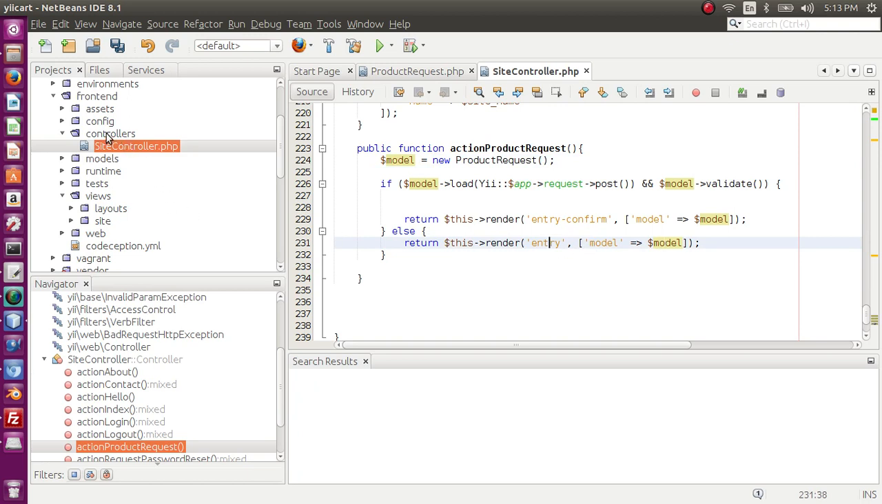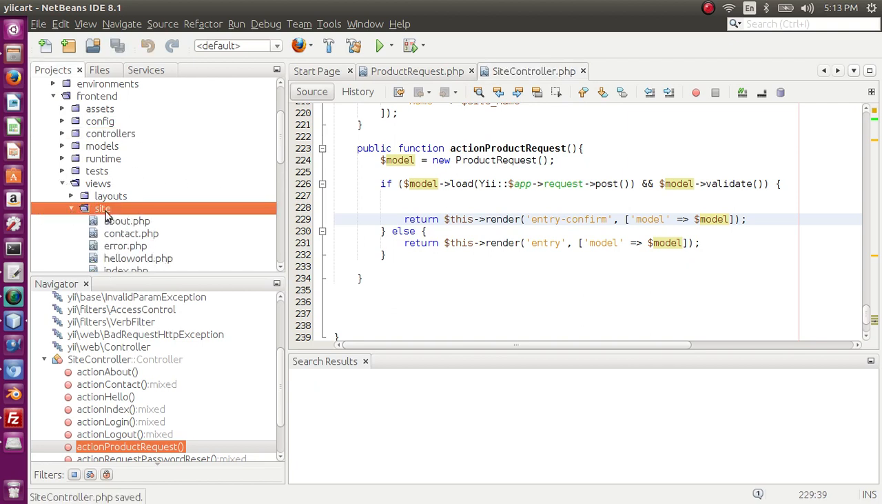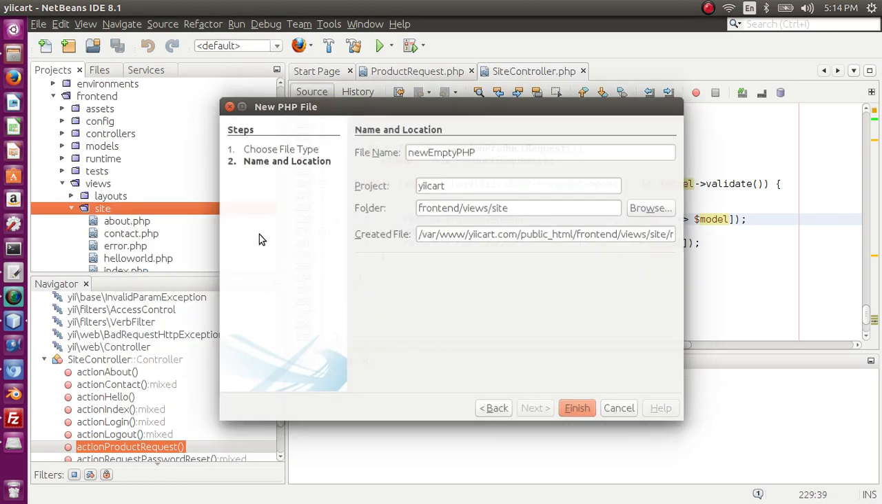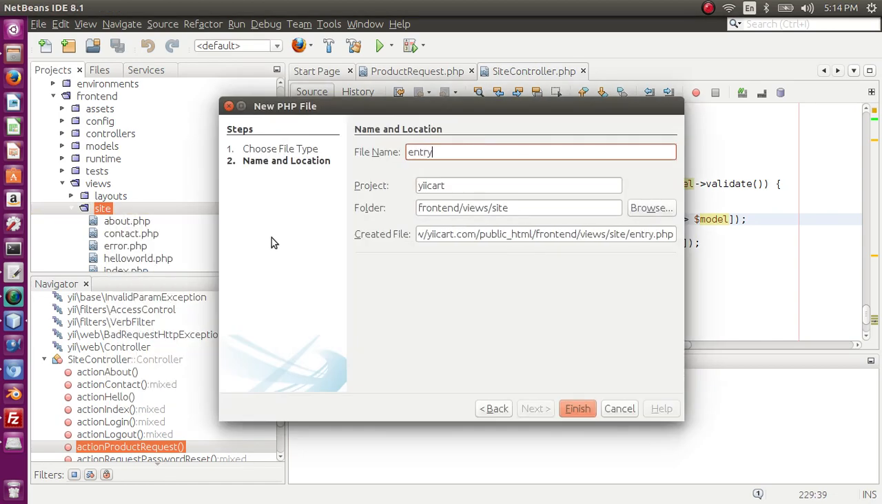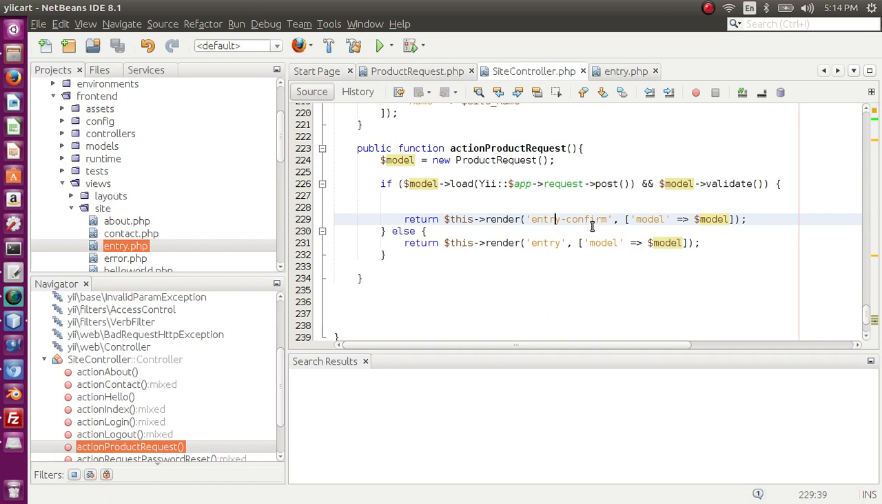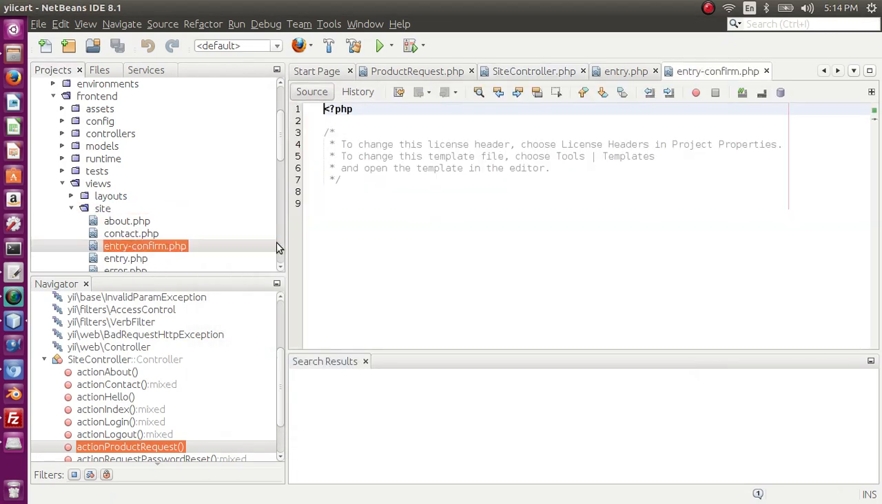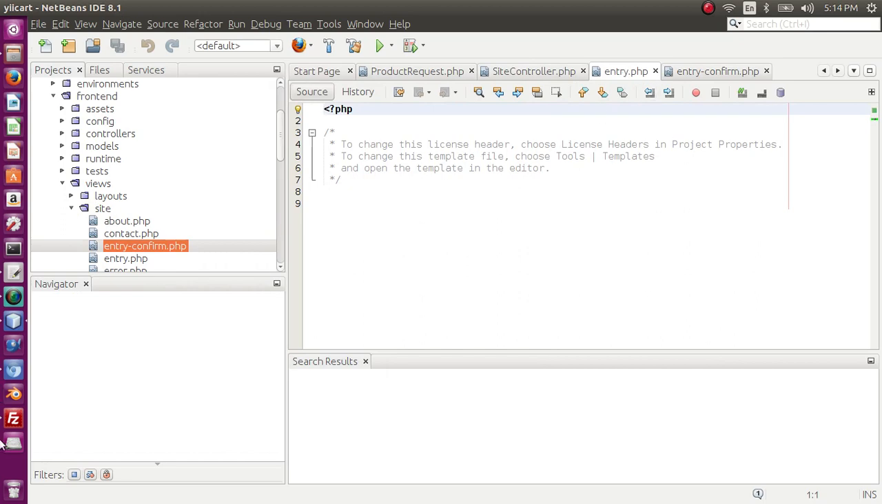Now what I'm going to do is create two views, entry and entry confirm, in our views. Since our controller is site, it means entry and entry confirm views will be created in the site folder. So in the site folder I am going to create one file with the name of entry, and the second with the name of entry confirm. Code for entry is